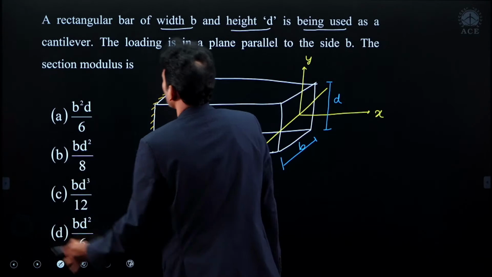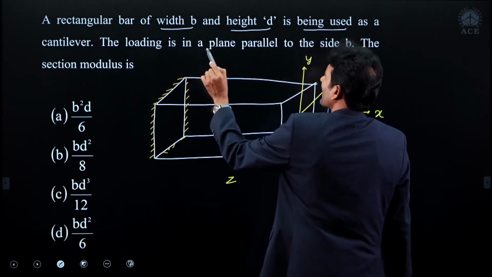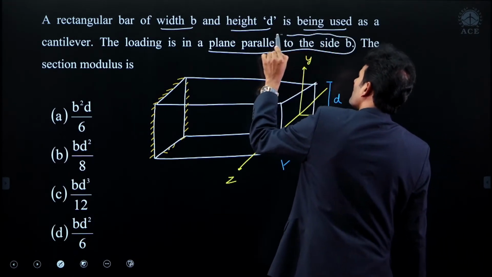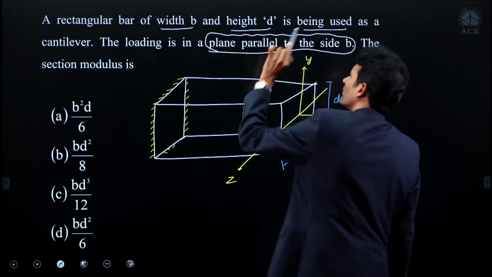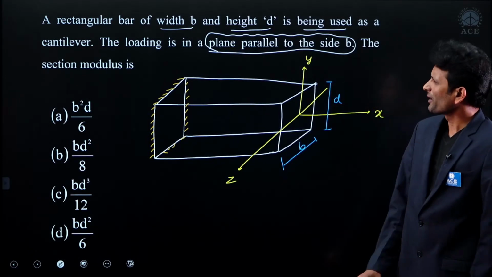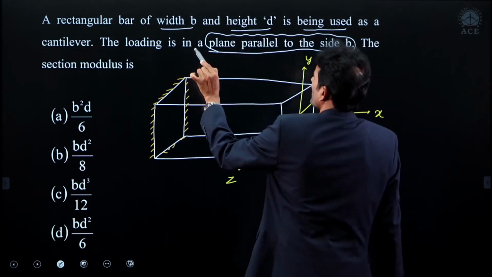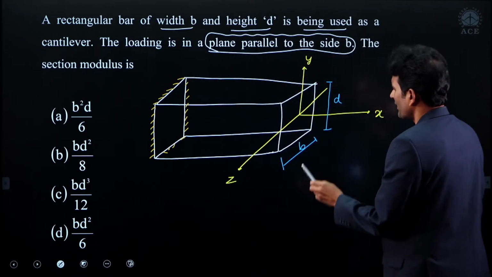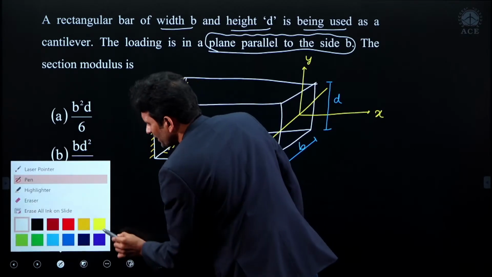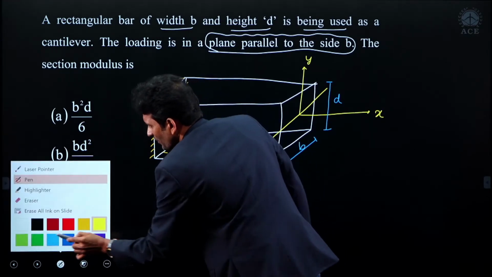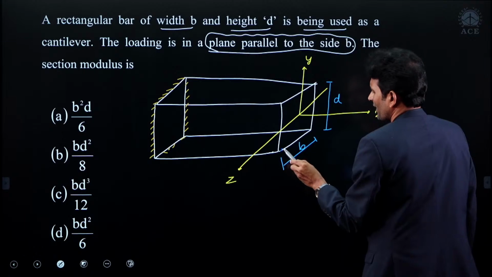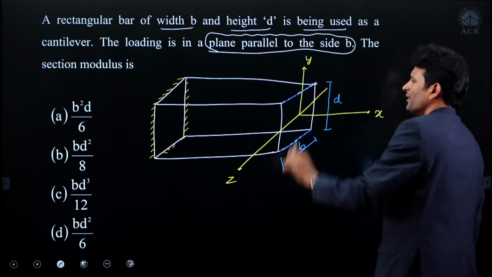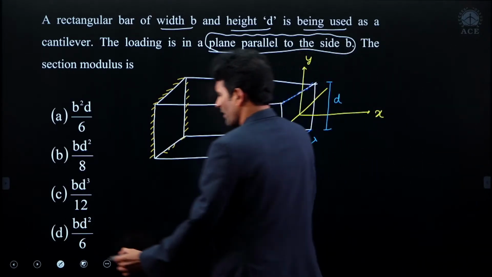If I take the next statement, the loading is in a plane parallel to the side B. This is very key word for us. Where we are applying the load? Load anedi we are applying in a plane that is parallel to the side B. అంటే సైడ్ బి ఎక్కడ ఐడెంటిఫై చేస్తున్నానండి నేను, సైడ్ బి నేను ఇక్కడ ఐడెంటిఫై చేస్తున్నాను, లెట్ us టేక్ దిస్ వన్ ఇక్కడ. ఇది నాకు సైడ్ బి, ఇది నాకు సైడ్ బి, నేను అప్లై చేసిన లోడ్